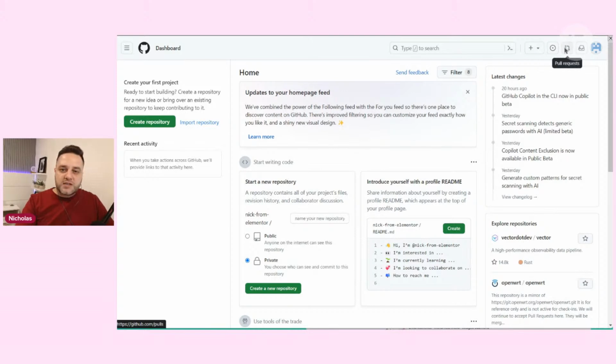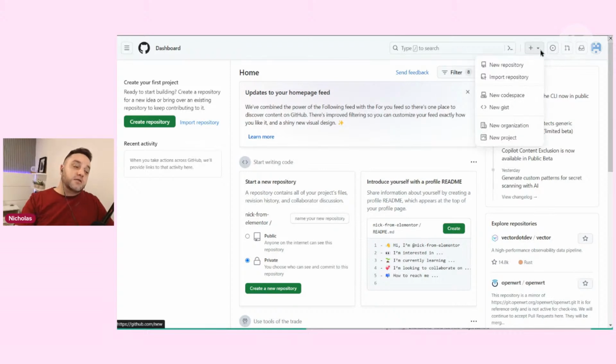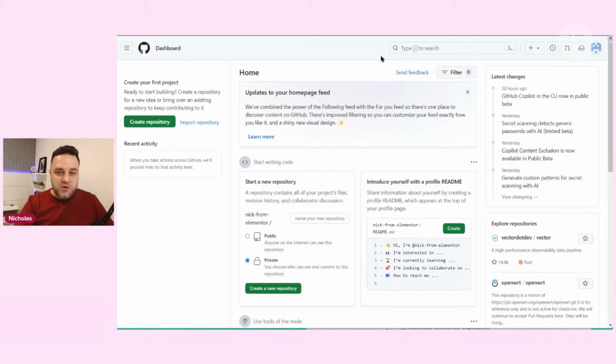These are pull requests. Any pull requests you made or are following will appear here, as well as any issues. Other possibilities are that you can create your own repositories, you can import and do all this stuff. But for now, what we are going to focus on is going to Elementor's